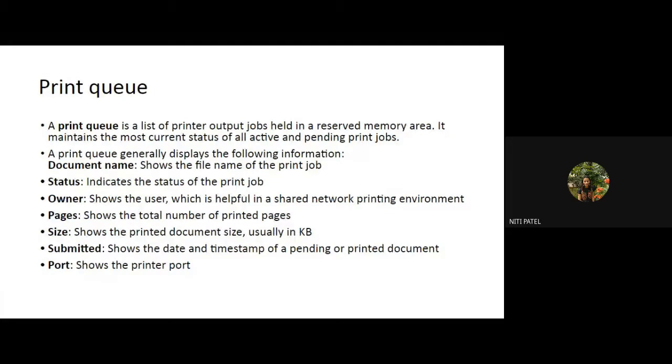Now out of 4 files, suppose I want to delete file number 4. What I can do is simply right click and click on the button called delete, or I can say cancel, or I can say remove. So what will happen? Again, the queue, or your spooler program, will be updated, and out of 4 files, you can now only see 3 files. File number 1, which has completed the printing, file number 2, which is in the process of printing, and file number 3, which is waiting in the queue to be printed. So what are all these? Nothing but the status of the particular file which has been given to the printer for printing.